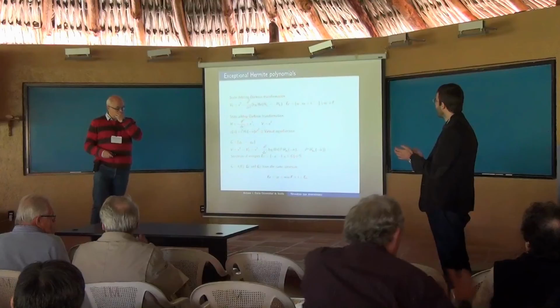Now I'm going to show the connection of this symmetry for the Wronskian of Hermite polynomials with these exceptional Hermite polynomials. And to show that, we have to construct exceptional Hermite polynomials in another form. This form is by applying a Darboux transformation to the harmonic oscillator in the following form. You start with the Hamiltonian for the harmonic oscillator, and now we are going to produce a factorization of the Hamiltonian as a product of two first-order differential operators in this form. You take an eigenfunction of the